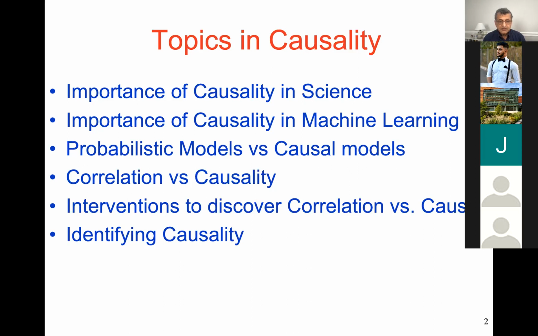And then we introduce a concept called interventions. So this is, if you have a model of the world with all the variables, how do we intervene to discover whether it is correlation that we have or whether it's causality that we have between variables, all right? Causality means A causes B, right? And not B causes A. That would be the opposite of causality. And correlation means just A and B are correlated, right? And then we'll look at what it takes to identify causality.